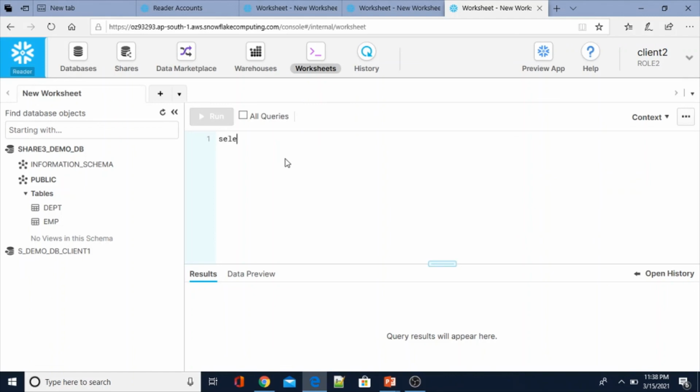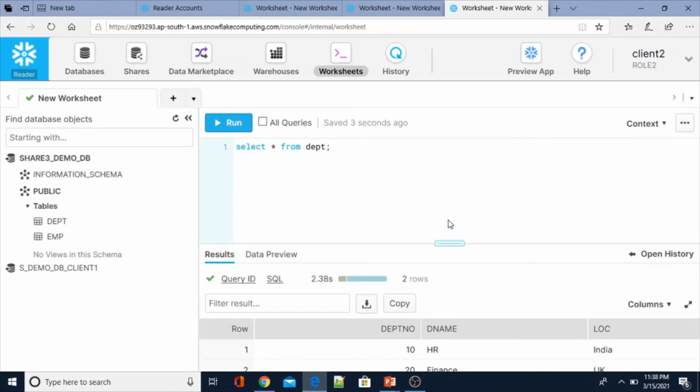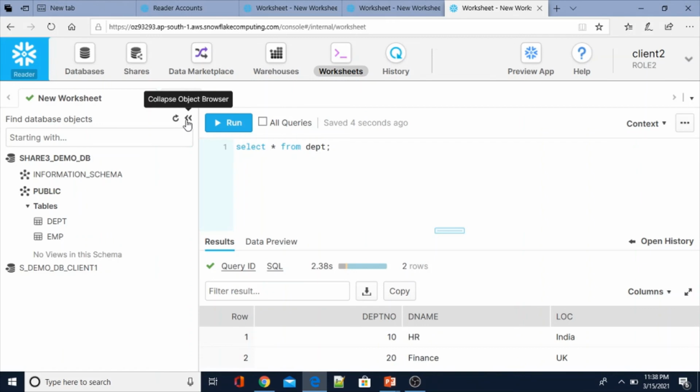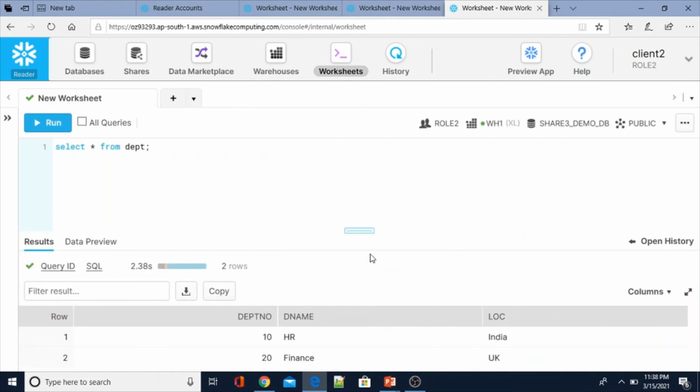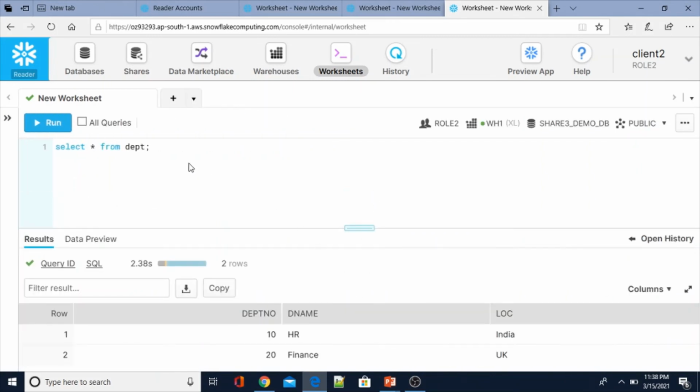Now if you execute select star from DEPT, see, in this table we have two records. So the user can immediately access whatever data is available in this table. Now another is the employee. In employee I think we have two records.